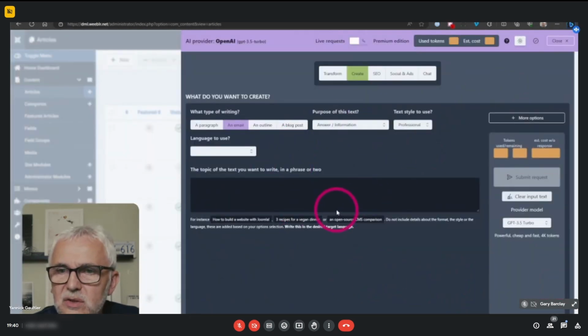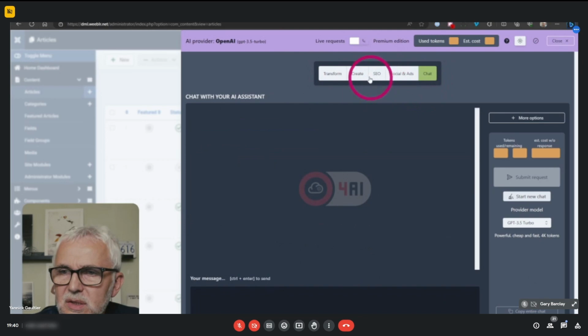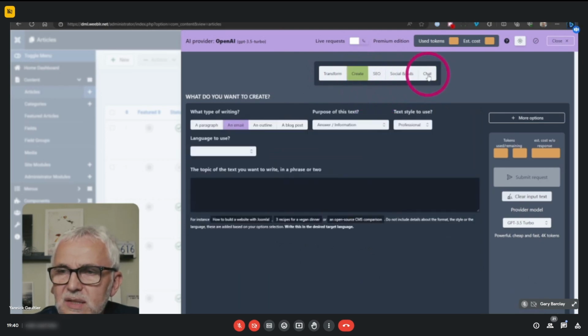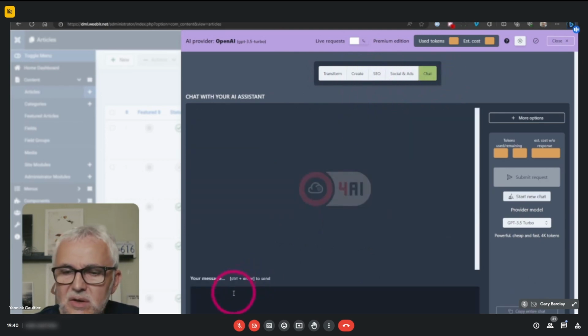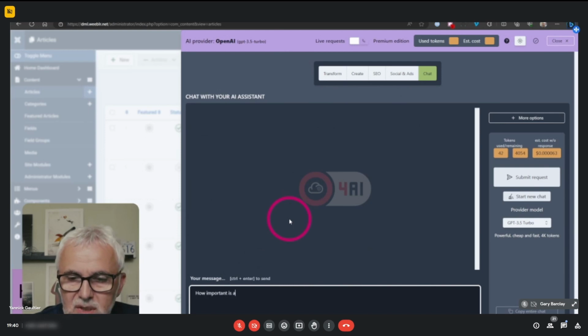And you get this interface where you find again the four areas which I outlined earlier. Let's get the chat out of the way. The chat is here, and that's where you can ask questions and get responses. How important is an XML sitemap for website SEO?